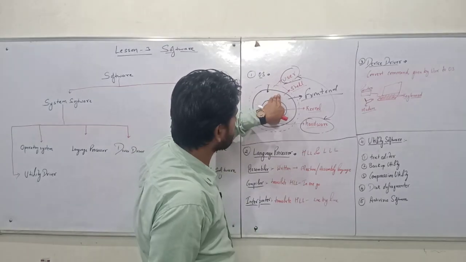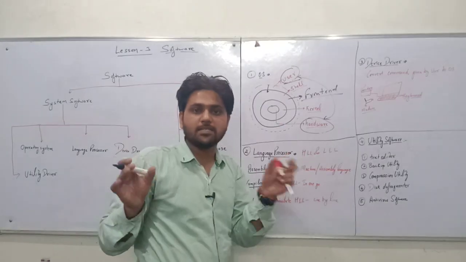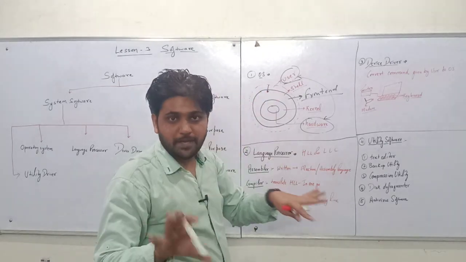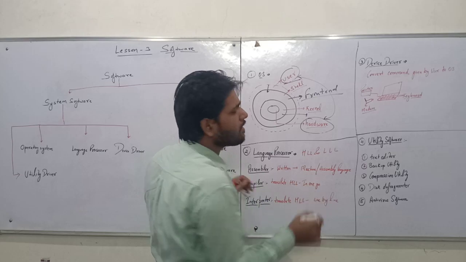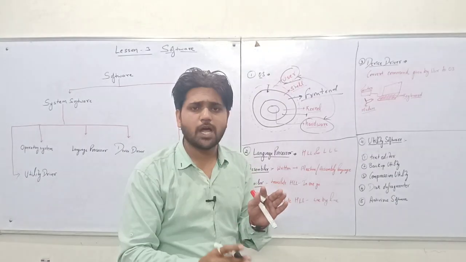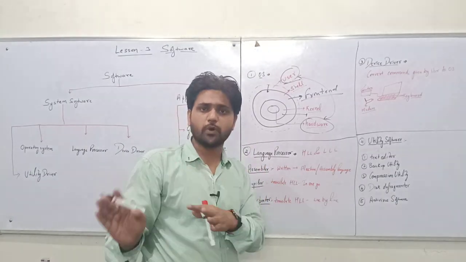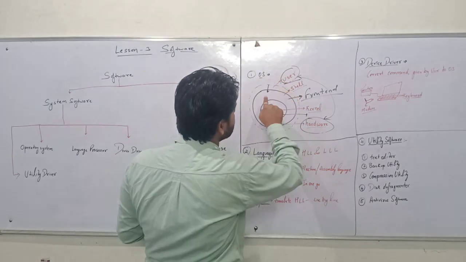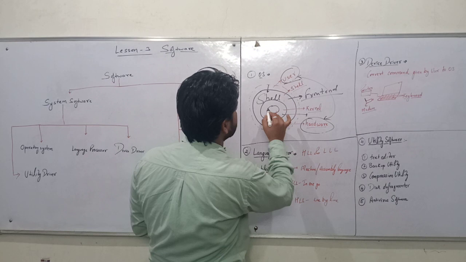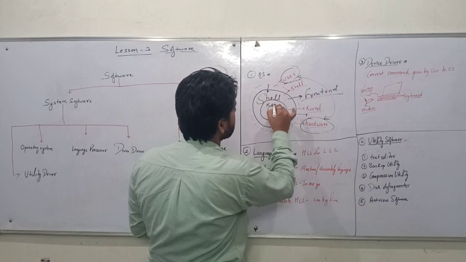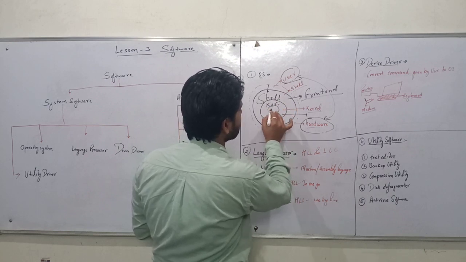In this front end, you are going to see the icons and the basic display. And the kernel is also known as back end, where the logical instructions and program processing take place, means coding. So the user interacts with shell, then shell interacts with kernel, and then kernel interacts with the hardware, and the task is performed.